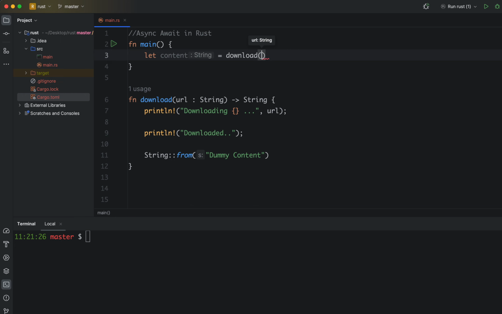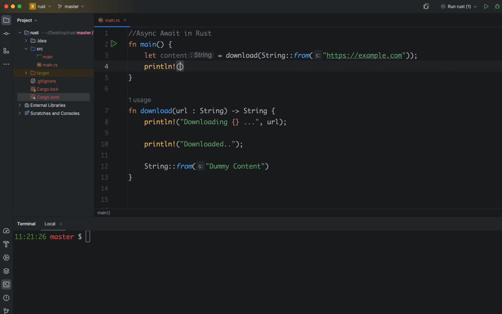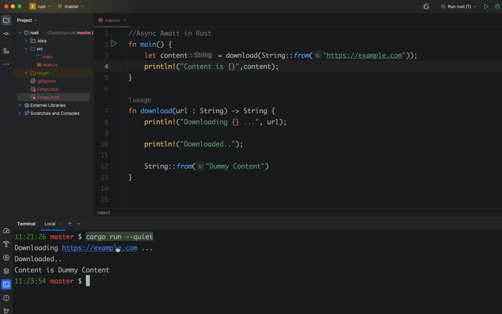Okay, and as soon as we get our content, we'll say let content equals download, and here we will pass our dummy URL. So let's say String::from https://example.com. Okay, and then here we'll just say content is, and let's print our content. So if I do cargo run, as you can see, we first print downloading and then downloaded, and content is